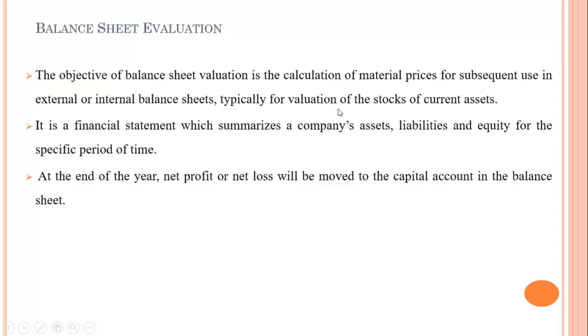So typically, for valuation of the stocks of the current asset, it is a financial statement that summarizes the company's assets, liabilities and equity for a specific period of time. Now, what are the company assets, liabilities and equities? A company asset is an item of value owned by a company. A business asset can have many categories. They can be physical tangible goods like vehicles, real estate, computers, office furniture and other fixtures, or